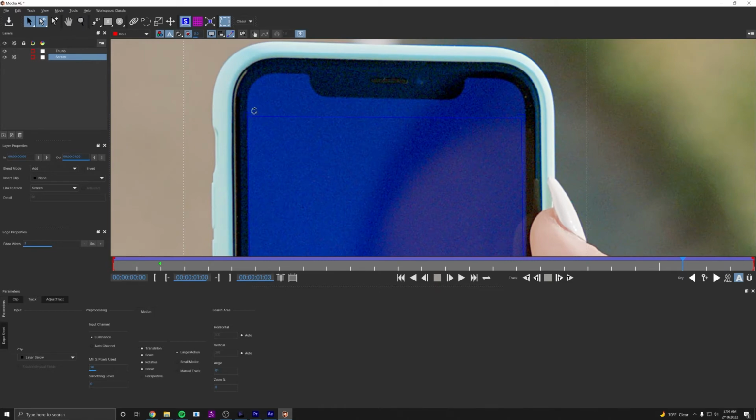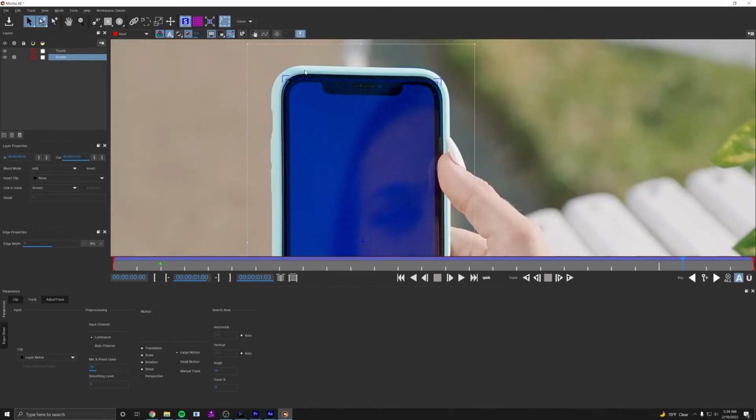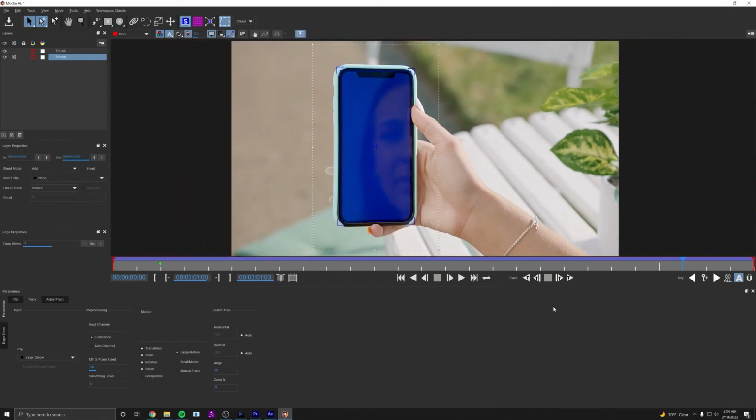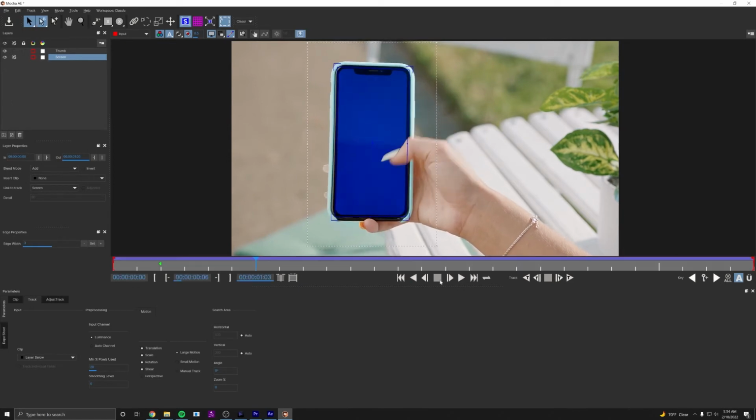And so you'll see it's not covering the full area of the screen. So I want to drag these corners up, and it's okay if it's not perfect. And I like to err on the side of going over rather than too short of the screen. So I'm including a little bit of the black edges here. But as long as you're covering the full area, you're good. So I'll just play through this to make sure my screen is tracked nicely. And I'm pretty happy with that. So I can now go ahead and save with this top left button here,